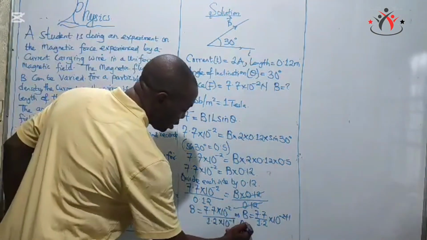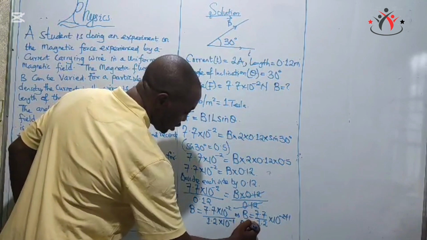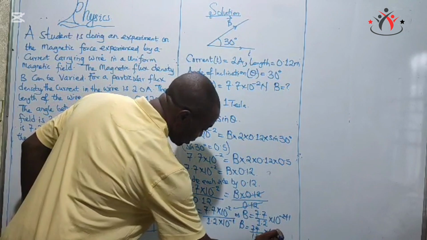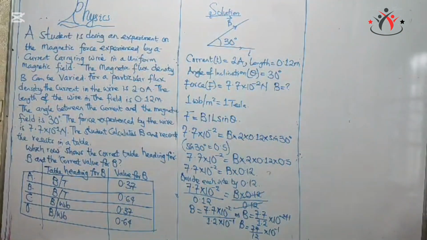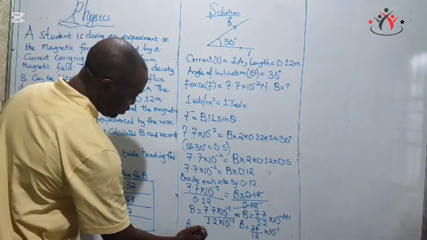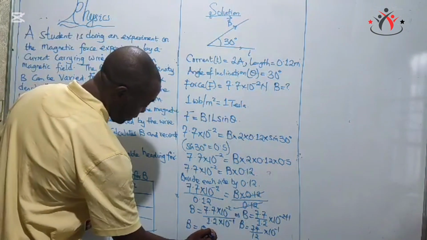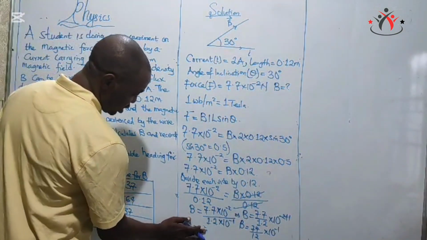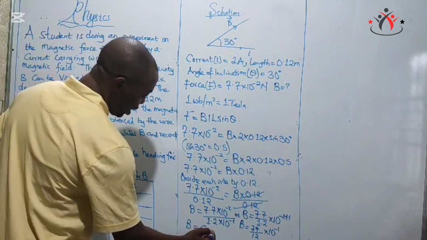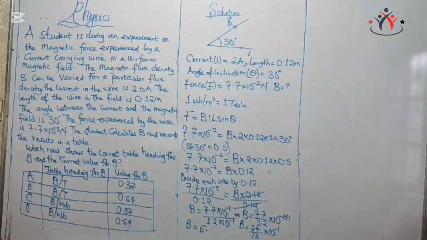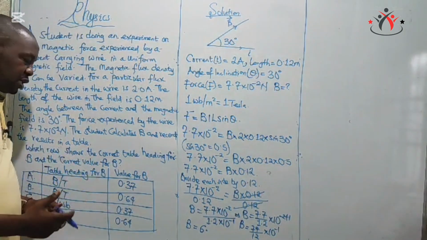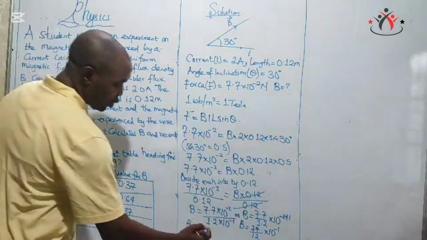So we are going to have B equals 77 divided by 12 multiplied by 10 to the negative 1. How many 12s can we get in 77? That will be 5, 5 times 12 is 60, and we have a remainder of 17. Then 12 goes into 17 once, and we have a remainder of 5. So this will be 6 point